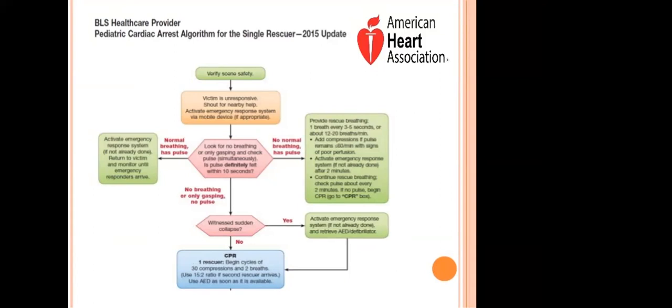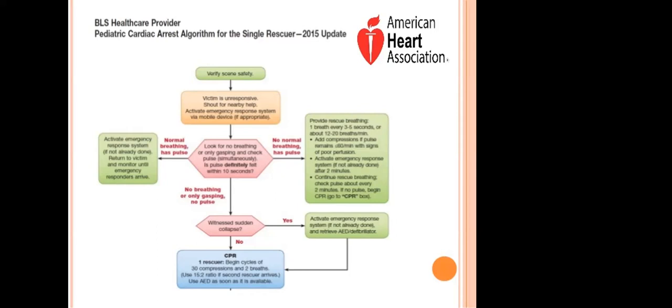All right, so you are in a scene where a patient has had cardiac arrest, or maybe in theater, or maybe out of hospital. The first thing is that the patient is not responsive and not breathing, and that's when you initiate your emergency response system.